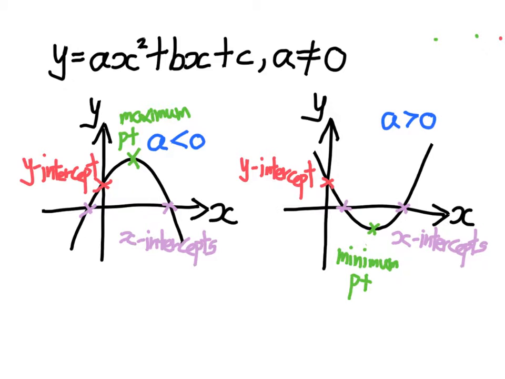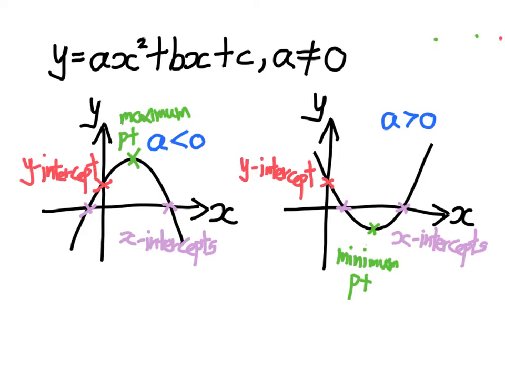For quadratic curves, there are actually two types of curves. The one on the left is what we see as a sad face shape, and the one on the right is where we see the shape to be a happy face. For the sad face, the coefficient of x squared will be less than 0. So for example, y equals negative x squared will have the shape